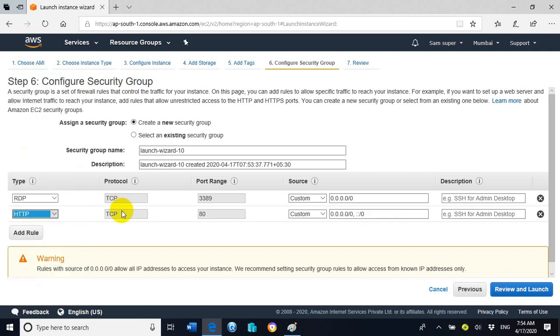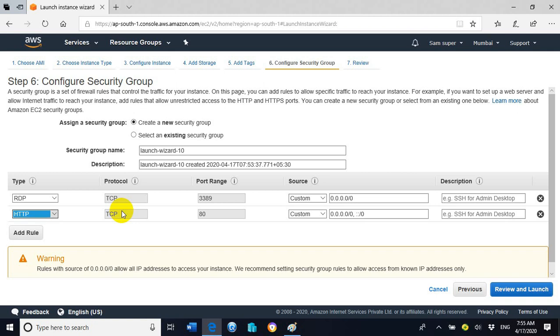The HTTP port will be enabled in circumstances where inside the EC2 instance we have configured a web service or created a website, and we want to access that website remotely with the help of a web browser.